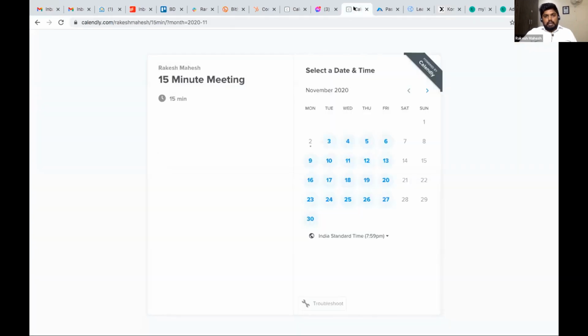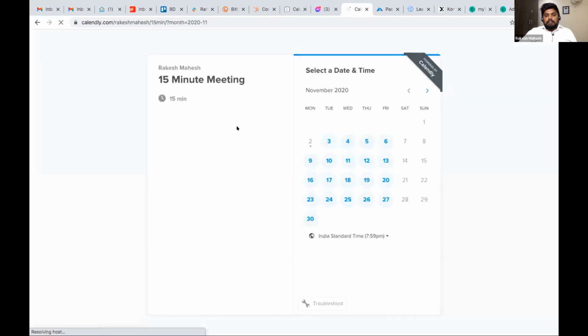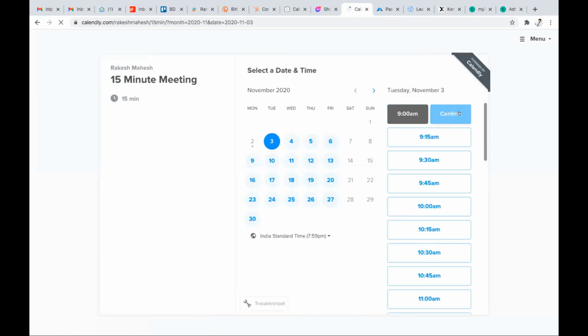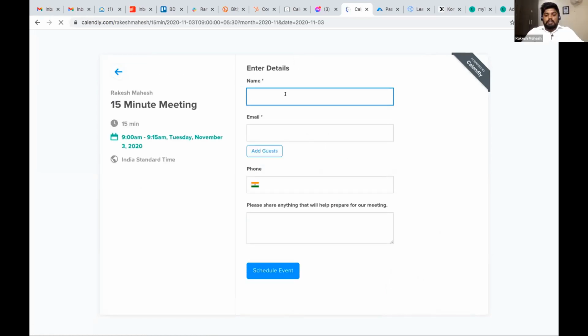So I'll go to Calendly. This is my Calendly link. Now any new appointment is booked. I'm just confirming a new appointment with my name and email ID.